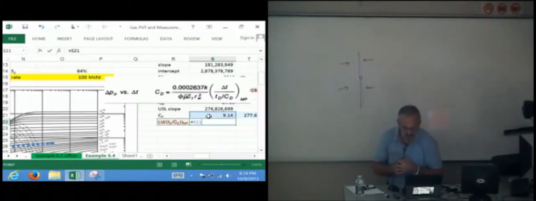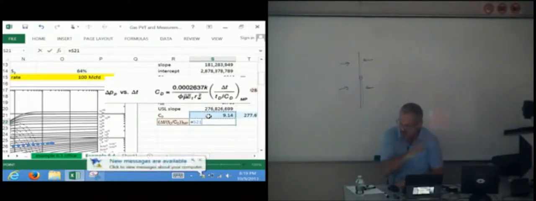I'm going to try to solve for my match point. The match point I'm getting right now is whatever I got up there. And I want to see if I use that, if I'm totally wrong. If I'm totally wrong, then I must have a problem with that equation right there for C sub D. So assuming C sub D is right,